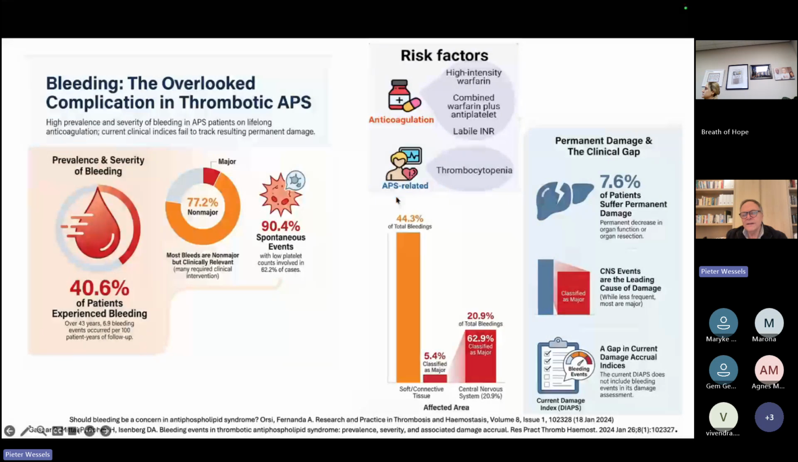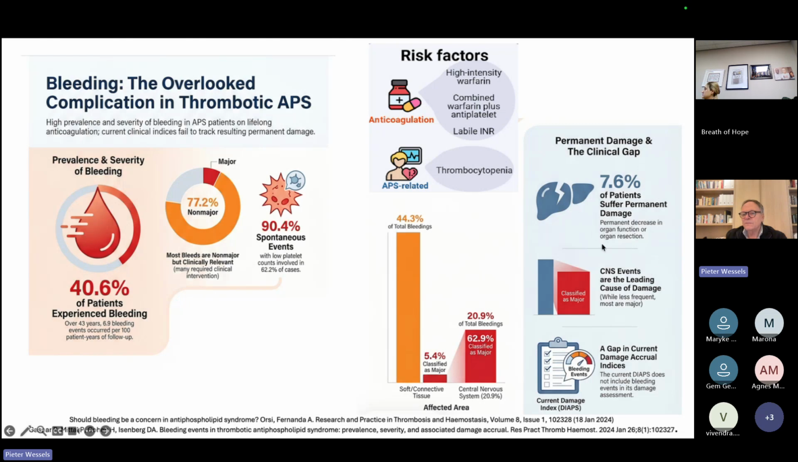So which risk factors are there for a patient to start bleeding? The high-intensity warfarin, that's what I said, you would treat them still with a 2 to 3 if they're doing well. Combined warfarin with antiplatelets, or if the INR goes up and down. A patient that's really difficult to control, then it's 1.8, then it's 4.5. Those are the patients that bleed. As I said, thrombocytopenia. And here you can see where the bleeding are. You can see soft tissue, central nervous system,